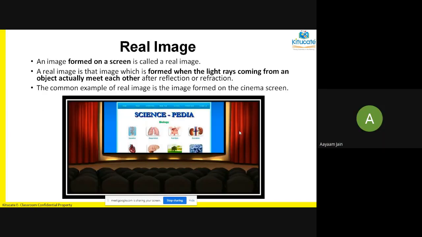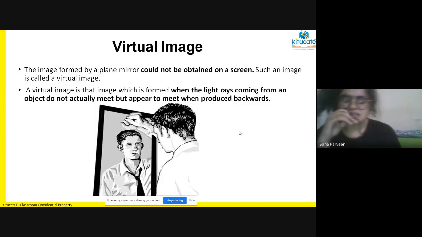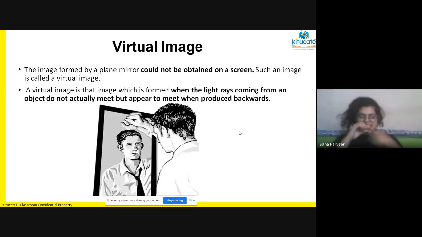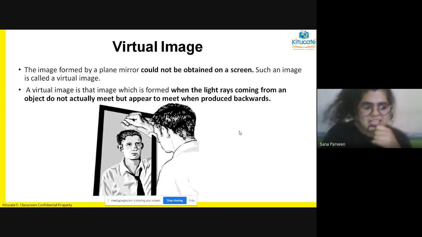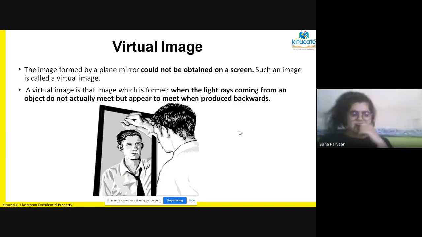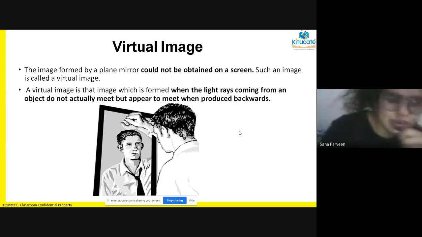Okay. Ma'am, I've realized one thing. Yes. Mostly those things that reflect are colorless, like water, mirror, and like... Yes, exactly, because you need a shiny surface from which the light is going to be reflected, right? So what you're saying is completely, I agree with you. Okay, so let us just continue.